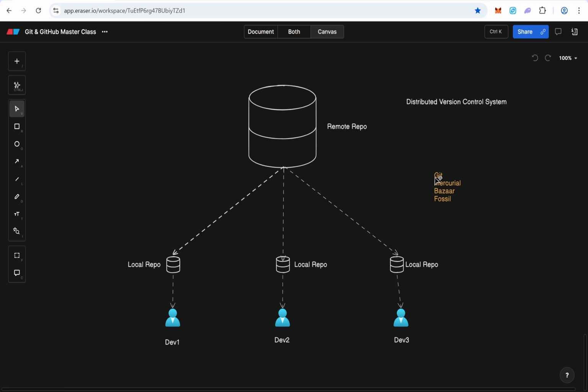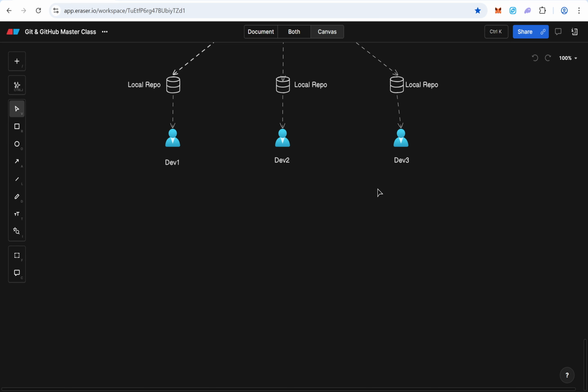Because GitHub is not a tool. Git is a DVCS tool, a distributed version control system tool, whereas GitHub is a platform to host these repositories. If you ask me to compare distributed version control systems with centralized version control systems, for the sake of information,